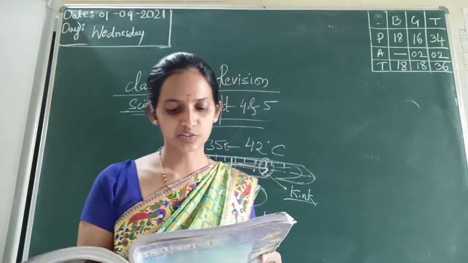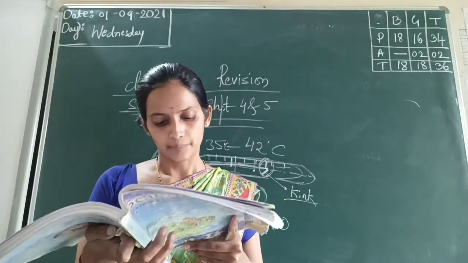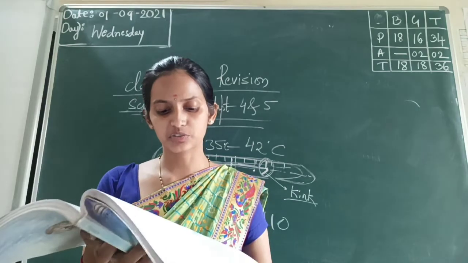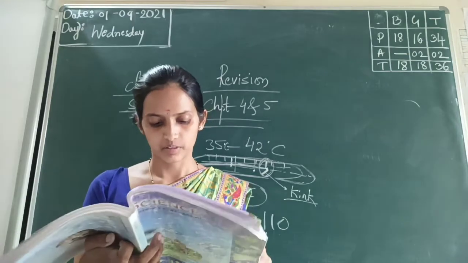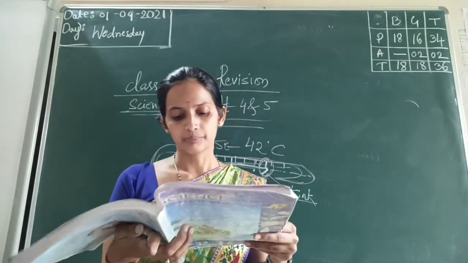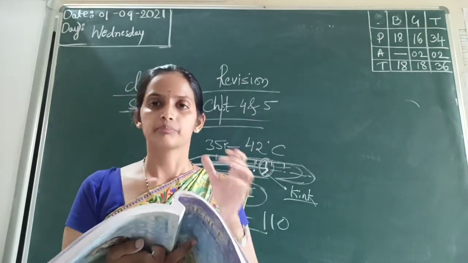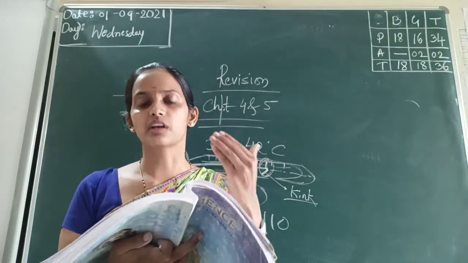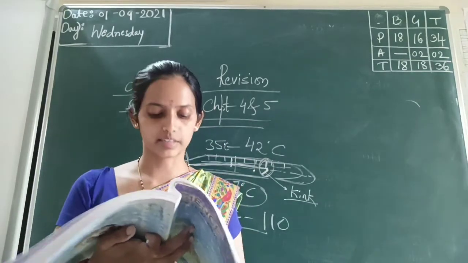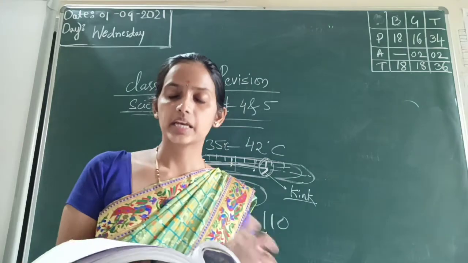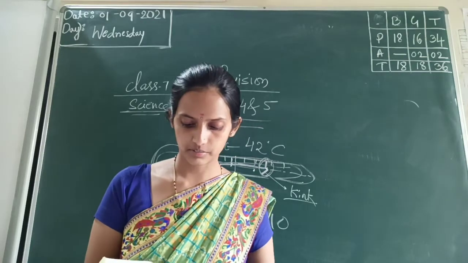So the next part is transfer of heat. How does the transfer of heat take place? The process by which heat is transferred from the hotter end to the colder end of an object is called conduction. You can see figure 4.7, a flow of heat through a metal strip, right? On one side a candle is burning and an iron rod is there. Heat is transferring from the candle at one end to the other end. That flow of heat from hot regions to cold is called conduction, right?